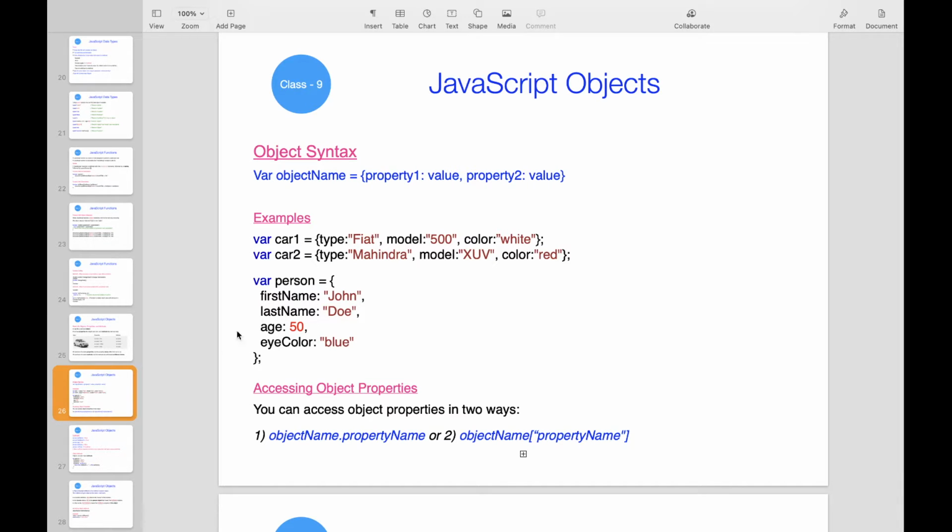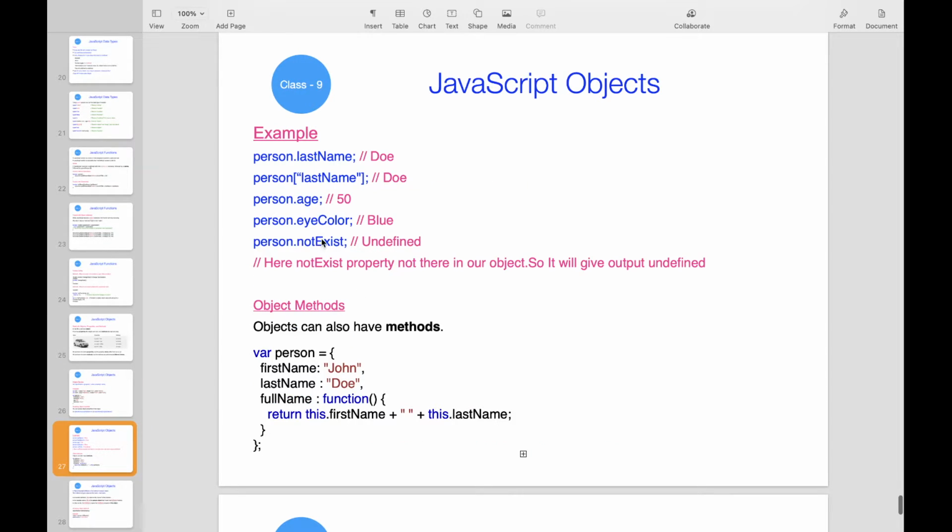So if a property does not exist in the object, it will give undefined, because it doesn't have any value. If we call a variable without a value, it will give undefined. Similarly for an object, if that property does not exist, it will give the value undefined. Next one. So these are the properties.